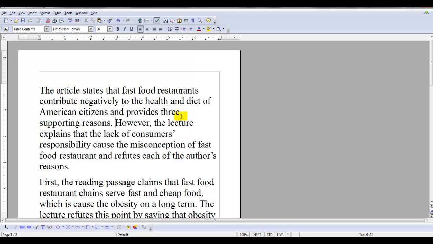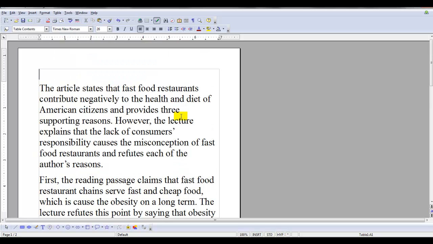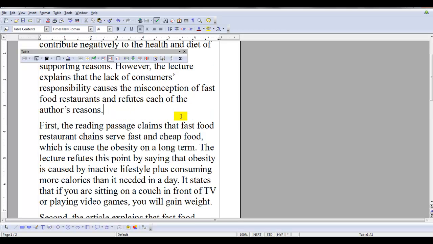Say, however, the lecture explains that the lack of consumer's responsibility causes the misconception of fast food restaurants and refutes each of the author's reasons. Exactly. So very good beginning here. It's very clear what the purpose is of the reading and also the lecture, and it's also clear that you're summarizing this information. You'll see first, the reading passage claims that fast food restaurant chains serve fast and cheap food,